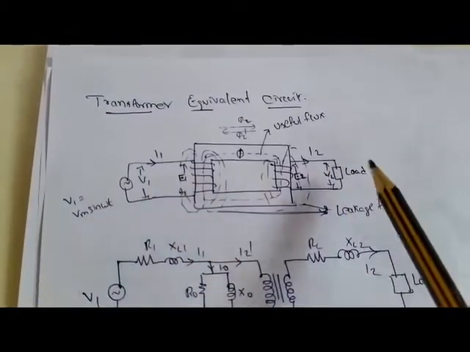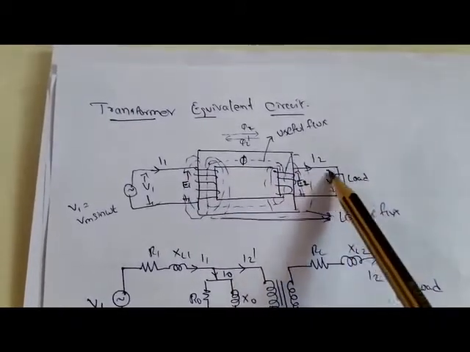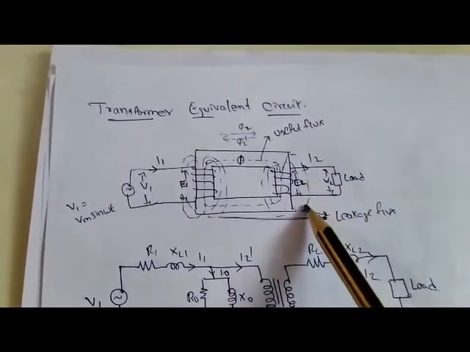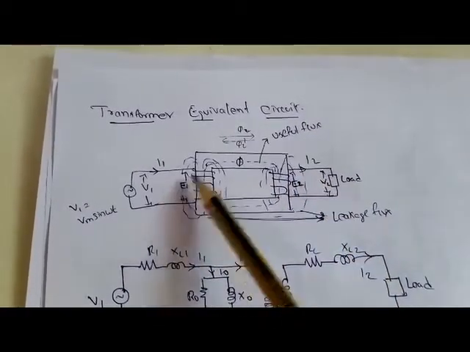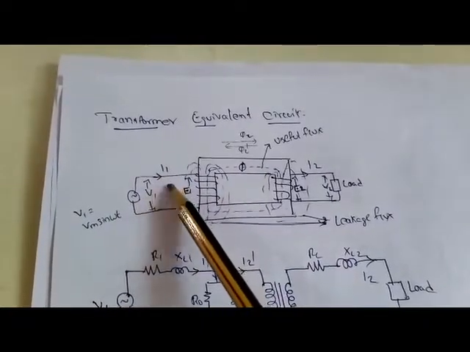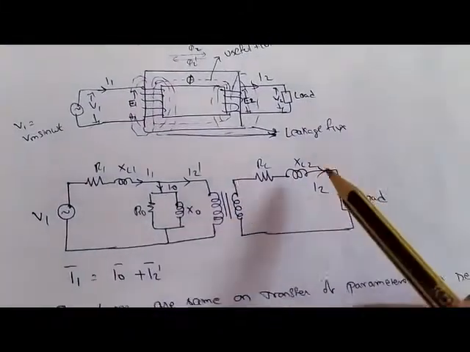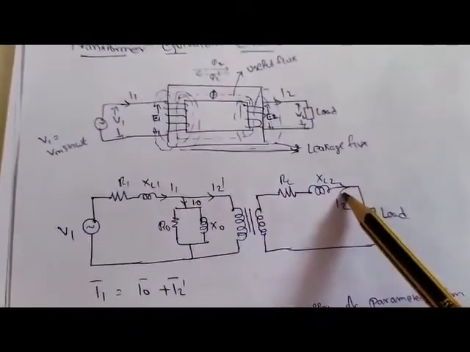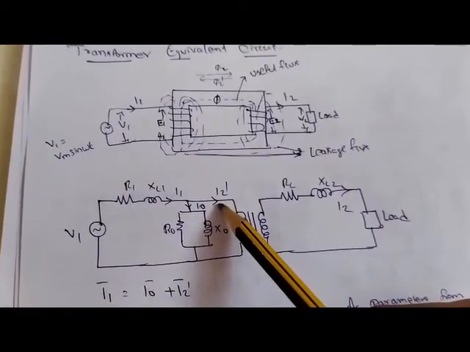Here if you add some load, it will draw some current I2. Okay, so where do we get this current? By the magnetic medium, it should draw from I1. So to observe this equivalent circuit, if there is a current I2, there exists a current I2 dash on the primary.